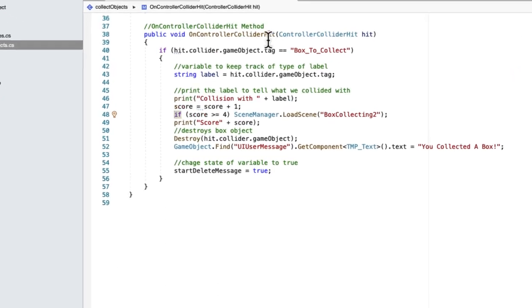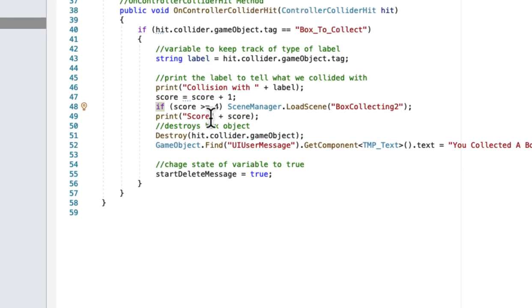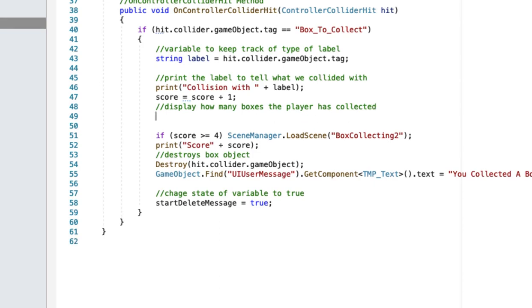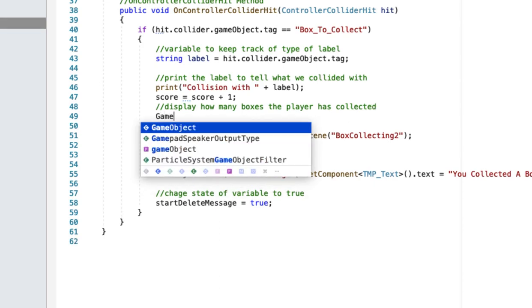In this episode we're going to look at a script to edit, and we're adjusting our OnControllerColliderHit method. We're going to add the ability to keep track of how many boxes have been collected by the player in the game scene. So I'm just putting in a comment here to display how many boxes the player has collected. And then the script that we need is